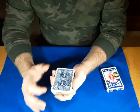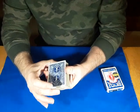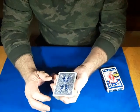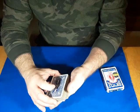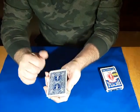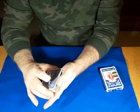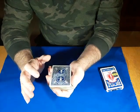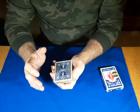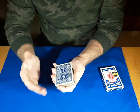The first thing I'd like to say when you get into this is the first tip. This is an impromptu trick, very much so. You can do this with any deck of cards. But unlike most impromptu tricks where you can let the audience member or a spectator shuffle the cards beforehand, I wouldn't do that with this particular effect. Why? Because you're going to do 3 or 4 shuffles of your own. And if you let the spectator do it first and then later come back and you're doing them yourself, it makes the spectator kind of wonder, well, why won't he let me shuffle the cards myself, since I did it before